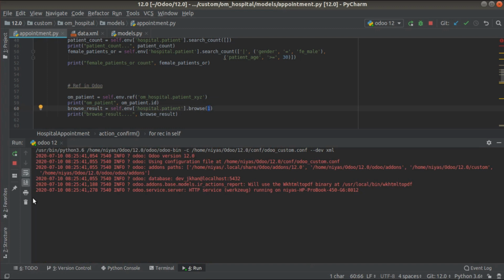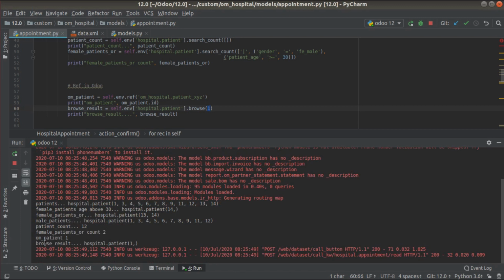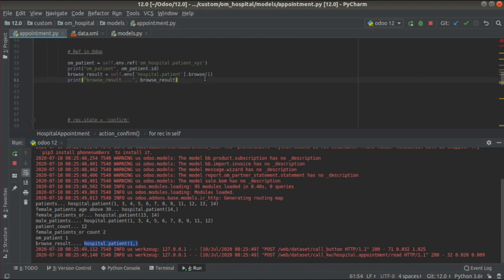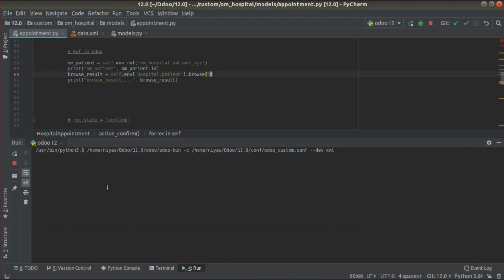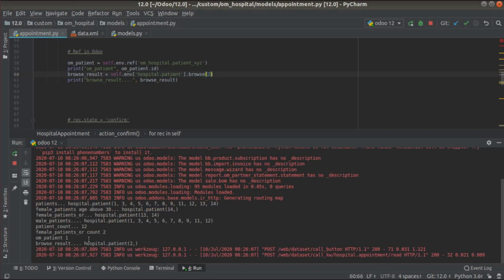So let me clear the log, and if I click on the confirm button now and come back to the log, here you can see the browse result: what we have passed is 1, and we have returned hospital.patient of 1. And if I pass 2, and if I remove the log and click the confirm button, you will be getting hospital.patient of 2.